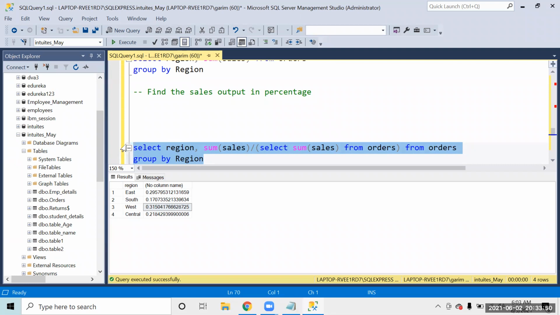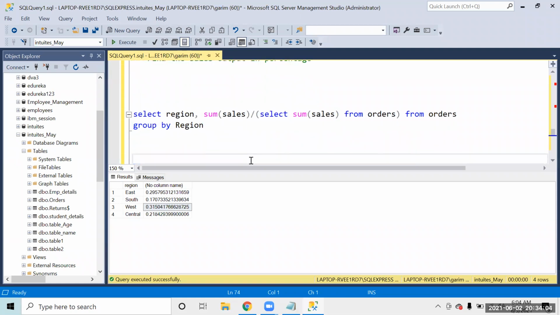A bit confused, because this inner query, select sum of sales from orders, will give the total sum. I'm not getting it 100%. See, basically, when you have an inner query, the inner query gets executed first, and then the outer query gets executed.